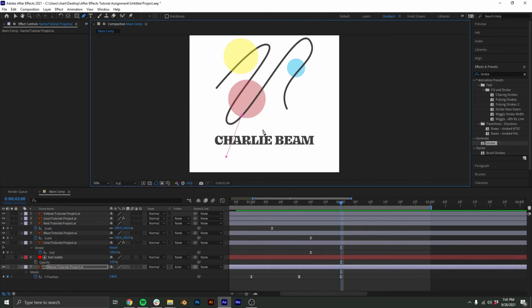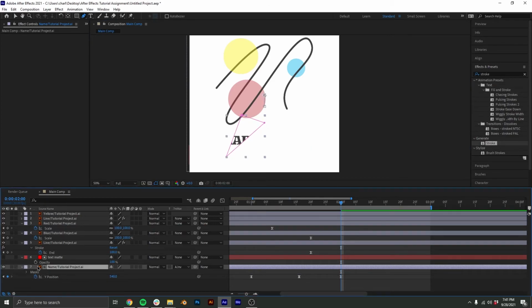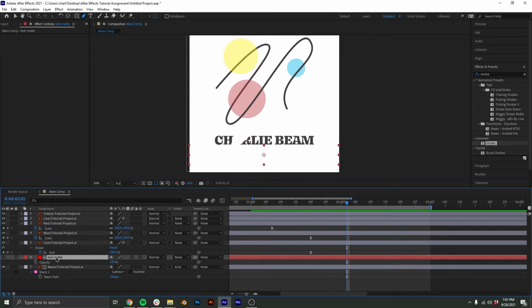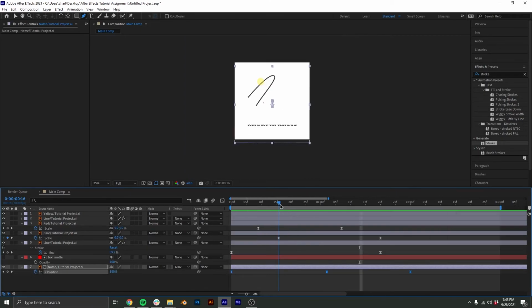If I were to put a mask like this on top of Charlie and then go to M for masks and do subtract, when the layer moves, the mask actually moves with it. What's useful about track mattes is that they don't move with the layer. They can stay stationary. Like just in this area is this text, or is this layer hidden, or maybe like